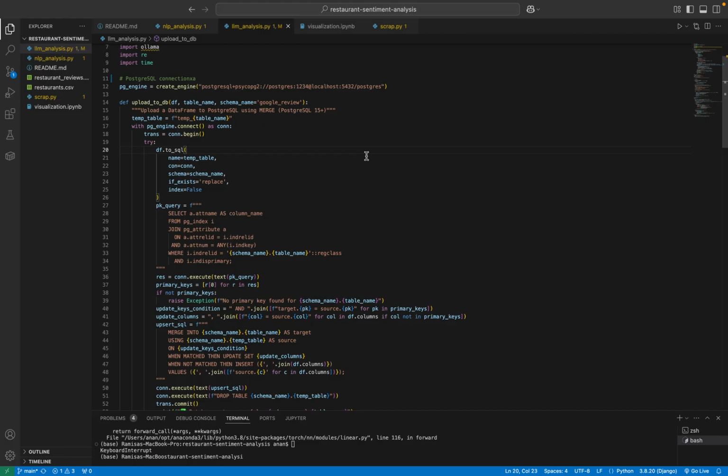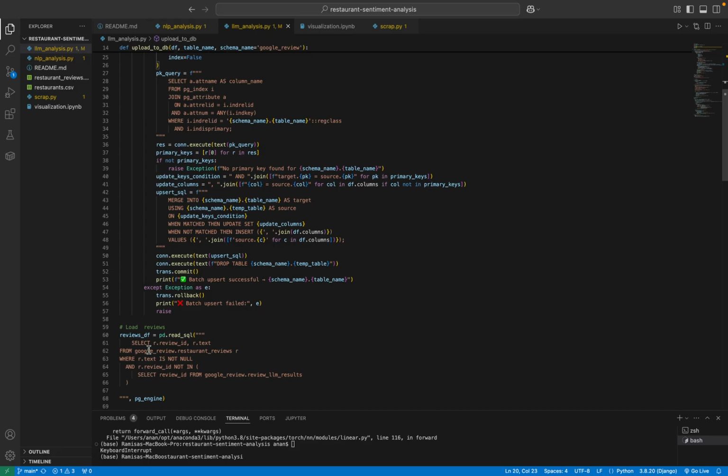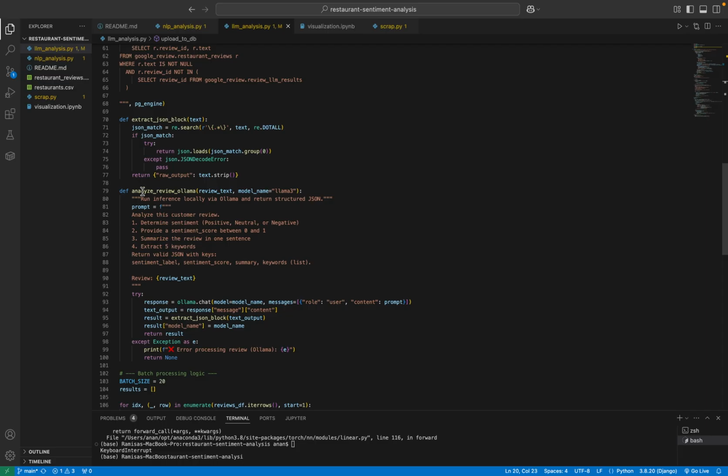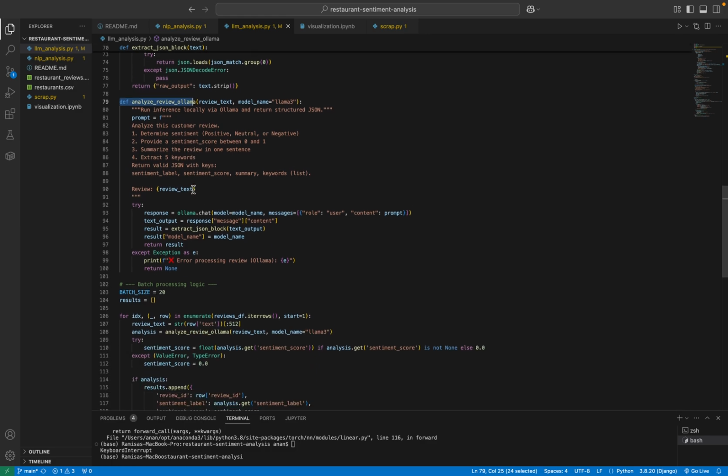I created a function called analyze review Ollama, which sends each review to the Ollama model. Here I am using Llama 3.